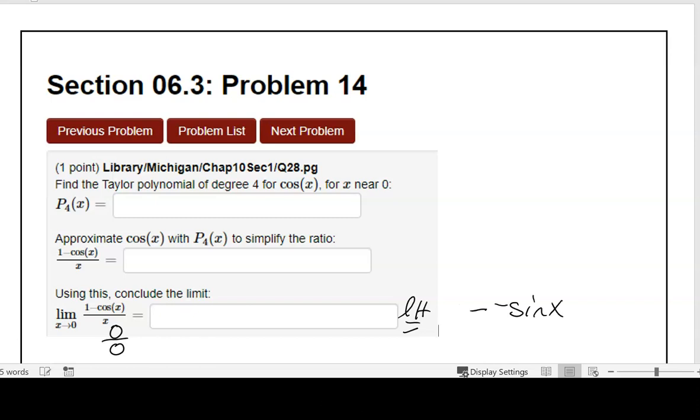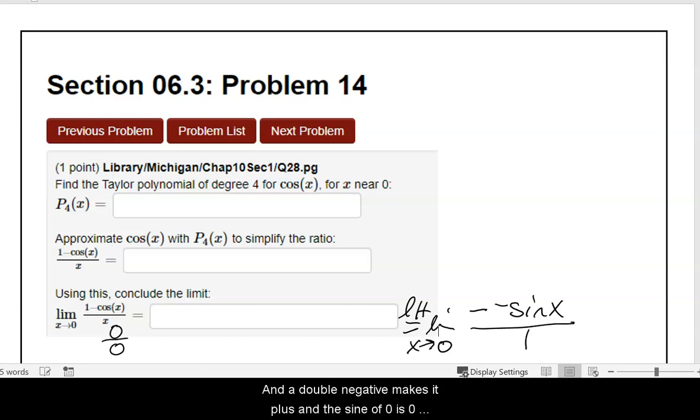And then limit, and in this case, x is going to 0. And then the derivative of x is just 1. And a double negative makes it plus, and the sine of 0 is 0. So I know the answer there is 0. All right, so that is known. But the question is, how could you do this with series? So what we're going to do is find the Taylor series, and then we're going to use the Taylor series to evaluate this